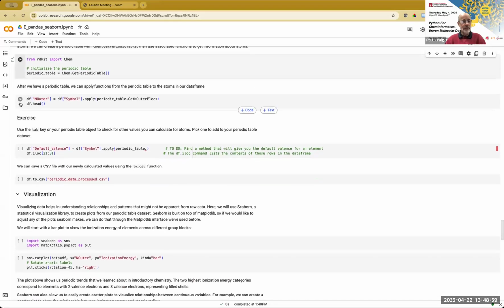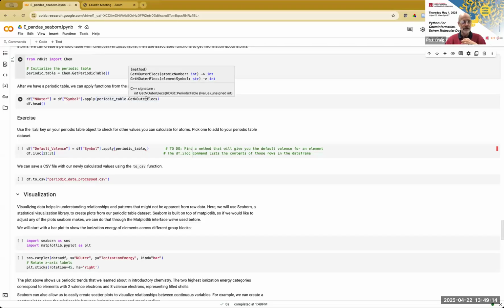And so now what we're going to do is say df outer. So we're going to add another column to the data frame, n outer, which is the number of outer shell electrons, equals df symbol dot apply periodic table dot get n outer electrons. And when we do that,